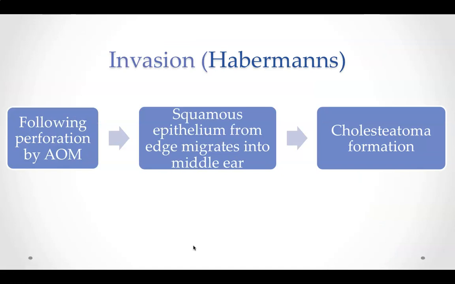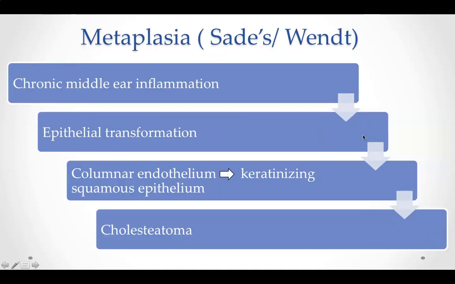Now we have the invasion theory that was given by Habermann. So that says that following perforation by acute otitis media, the squamous epithelium from the edges will migrate into the middle ear cleft, and that forms cholesteatoma. Now, talking about the metaplasia theory, that was given by Sade. This name is not important, just remember that it was given by Sade. Due to chronic middle ear inflammation, there will be epithelial transformation, that is, the columnar epithelium becomes keratinizing squamous epithelium,